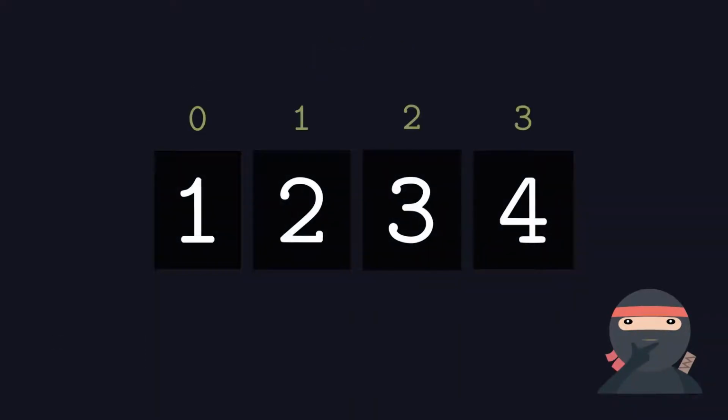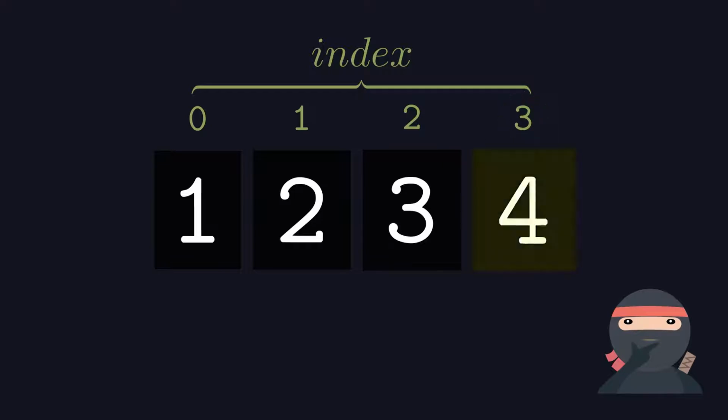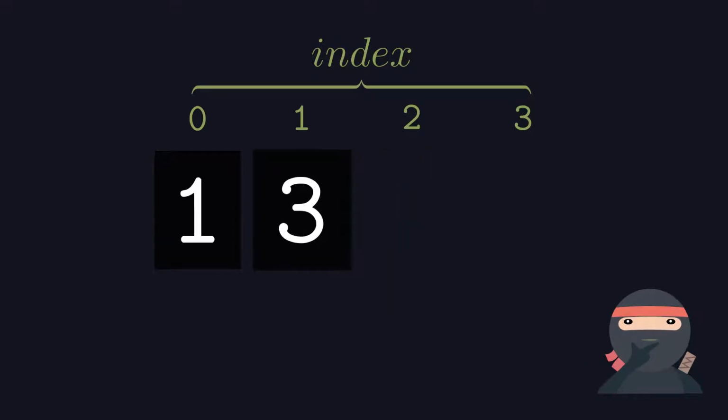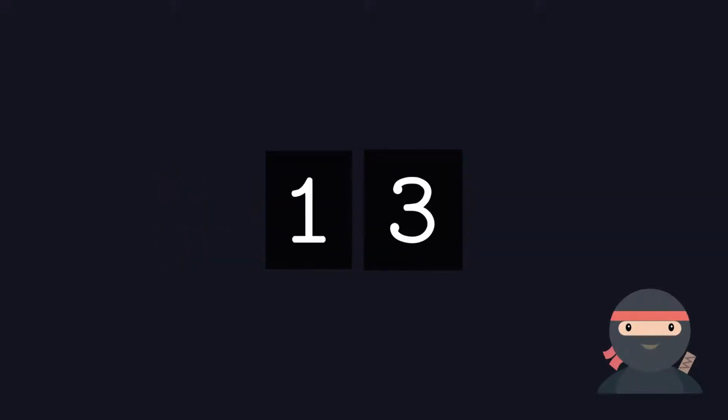We can avoid this problem by removing elements from right to left instead of left to right. First, we will check the rightmost element. 4 is even, so it will be removed. Then the element at index 2 is odd, so it won't be removed. Again, the element at index 1 is even, so it will be removed. And finally, the element at index 0 is odd, so it won't be removed. And this will be our final list.